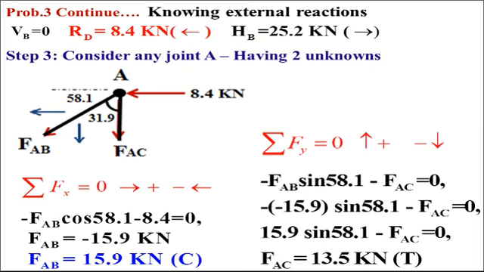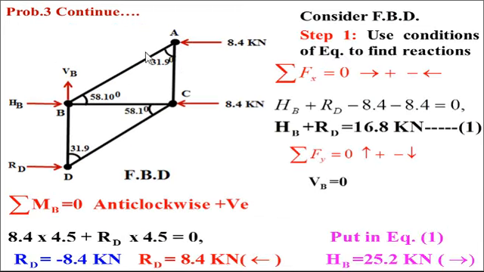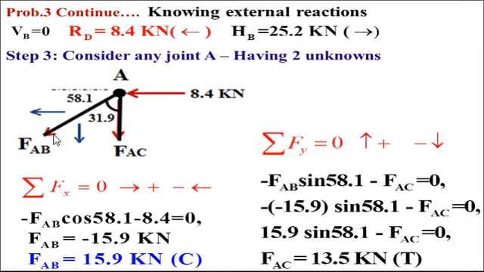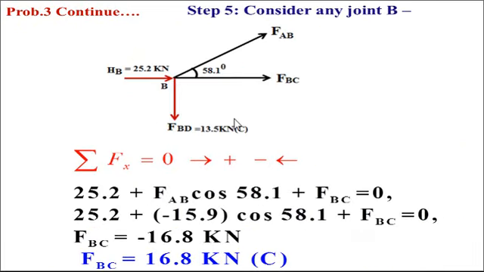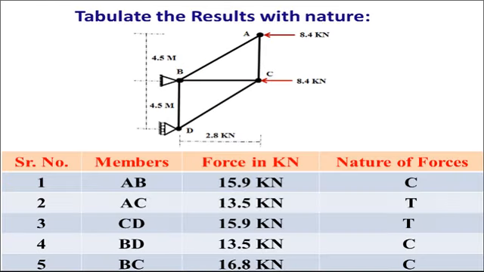Select joint A. I have selected joint A first because there are only two members. Okay. So consider joint A. Then you will get the forces in members AB and AC. I have explained in detail here. You just go through these particular numericals and calculations and try to verify them. After joint A, consider the next joint, joint D. There are two unknowns, take ΣFx, ΣFy = 0, and find out both the forces. Then consider the last joint, joint B, and find out the forces in the members. Okay, and then tabulate all these results in tables.